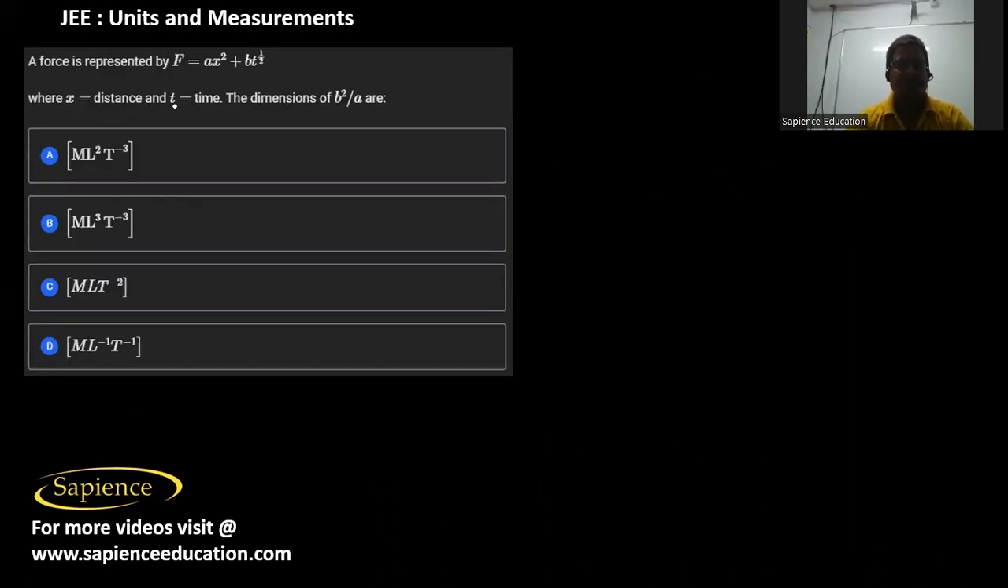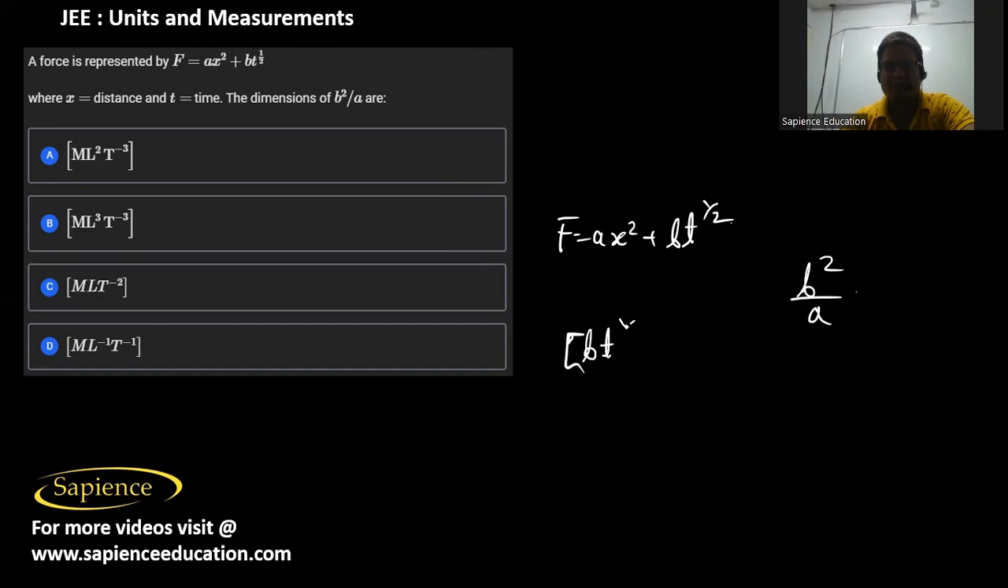Then it is told a force is represented by F equals a x square plus b t power half, where x is the distance and t is the time. Then the dimensions of b square by a are